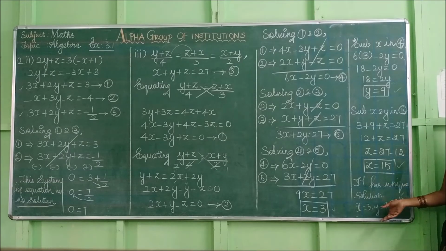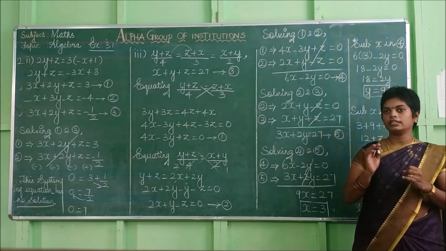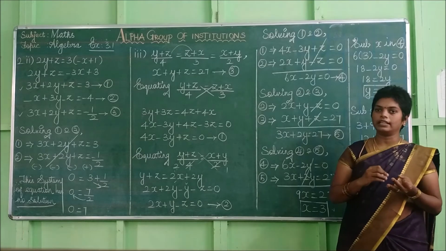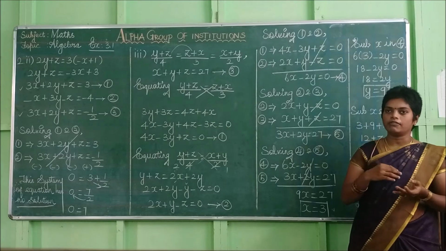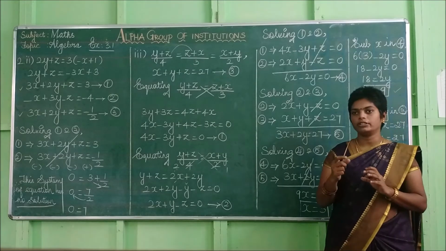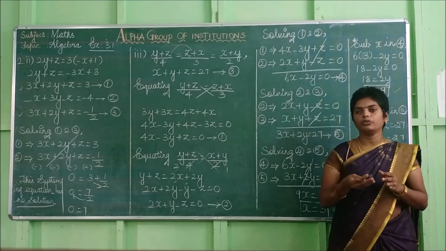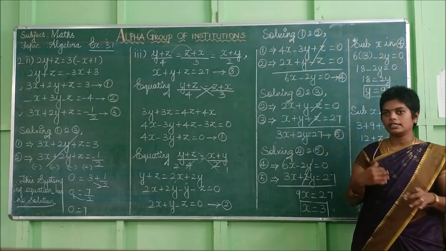So we can say the system of equations contains a unique solution where x equals 3, y equals 9, z equals 15. So in this problem, to find the answer of the solution, you think in three conditions only. First condition, unique solution means you can separately get the values for x, y, z. If it is no solution, on solving any of the equations you get 0 equal to some number. If it is infinitely many solutions, on solving the two equations you get 0 equal to 0. So keep this in mind and solve these problems.